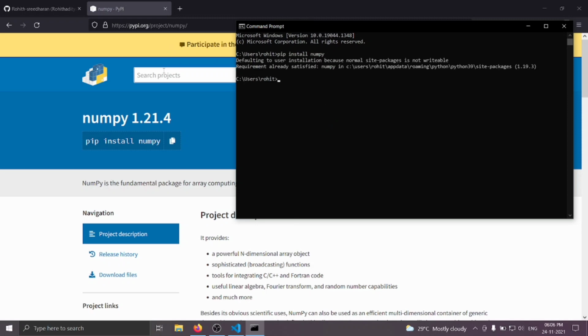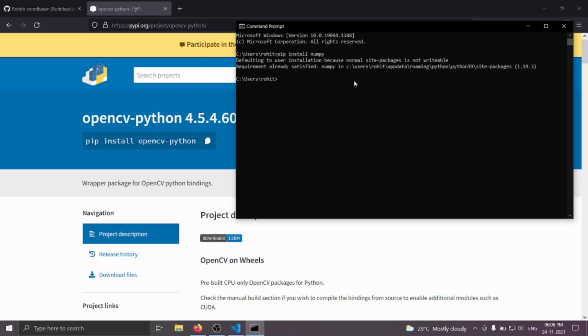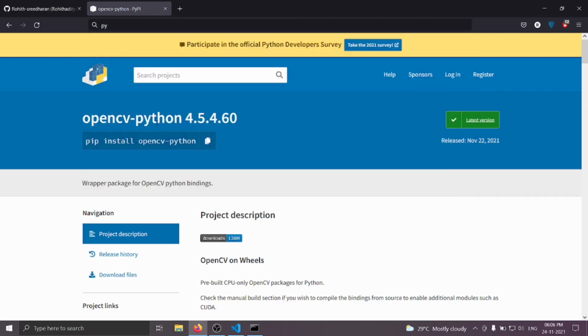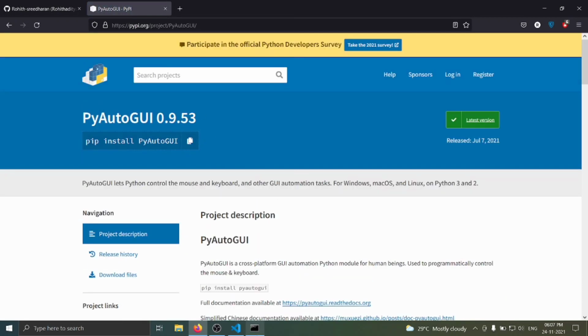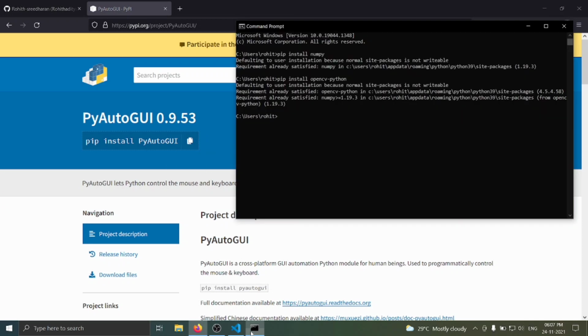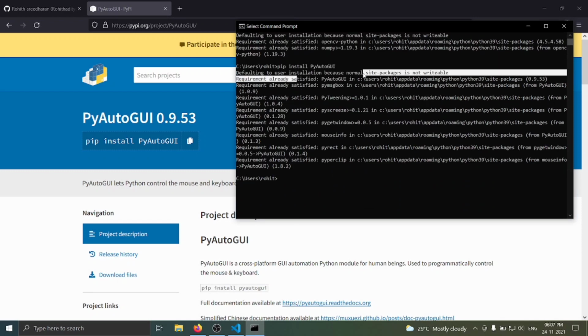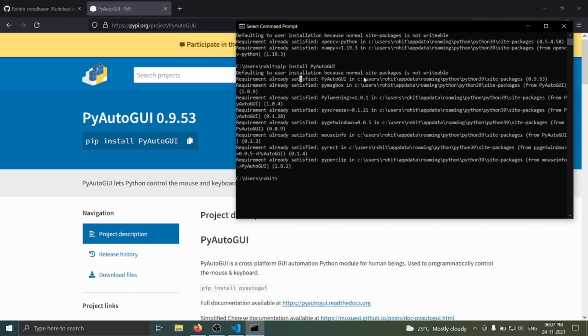Okay, and then what we need is cv2. Just google cv2, opencv python. Then copy this too, same as this one, and then you will be needing pyautogui. So just go to this, copy this, don't forget to copy this. Now just install, click this one. In my case it just shows requirement already satisfied, but in your case I don't know whether it should show requirement already satisfied or downloading pyautogui, because I don't know who you are.